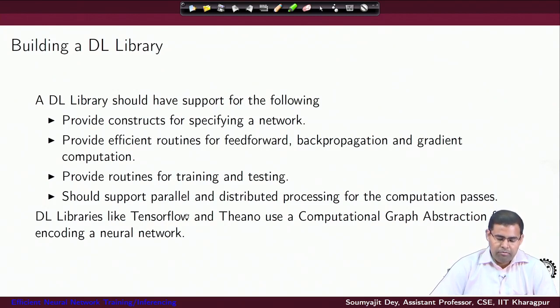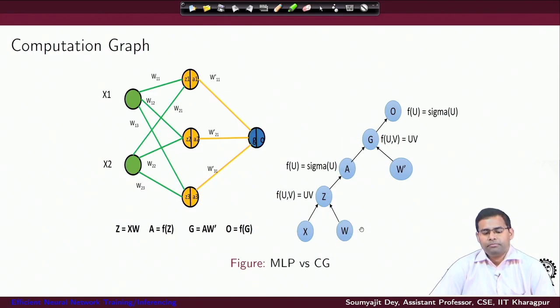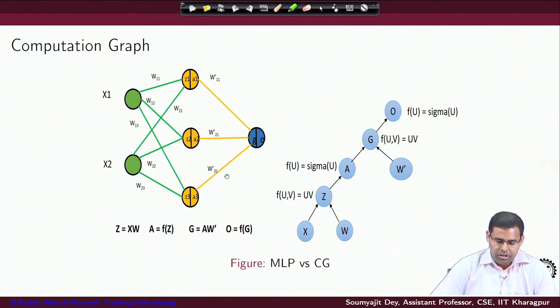Something like this is already available for us. Many of us have already heard about these popular deep learning libraries like TensorFlow and Theano, and they essentially follow all these standards and discussions we have just done, but at the high level they provide an abstract view of the neural network. They provide what we call a computational graph abstraction, which helps you to encode the different parameters and the connections that should be there in a very complex neural network architecture. So, we are just trying to provide an abstract view. On the left hand side, suppose you have this multilayer perceptron like we have discussed earlier.